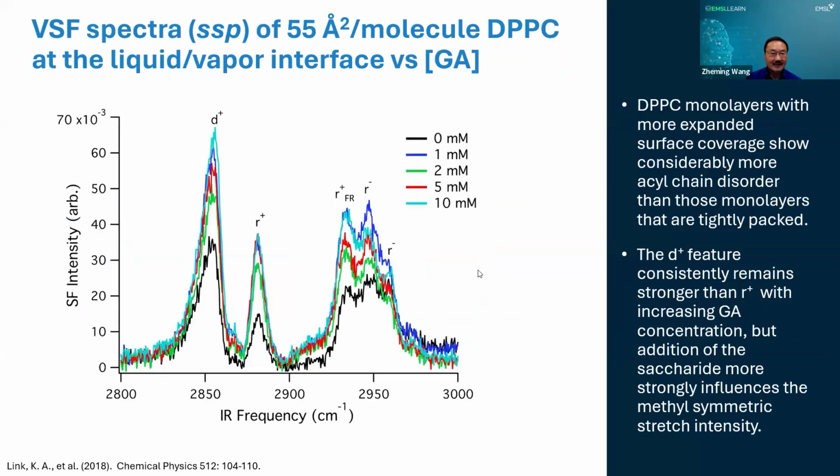And similarly, for the 55 angstroms square DPPC, we can see that now all the peaks are broadened, and particularly in the Fermi resonance region around 2950 wave number, there are multiple bands appearing, and they are changing as the concentration changes, which means that when the lipid